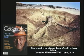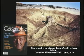Up in Canada, this is Canadian National Geographic, shows the Fall 99 edition from Creation Illustrated is where the picture came from, but it shows a petrified, not even petrified, sometimes just preserved, fossilized, preserved redwood tree stumps. Huge redwood trees were growing on Axel Island. Now, Axel Island is real close to the North Pole. Redwood trees don't grow very many places in the world. Okay, I think California and maybe Southern Oregon is the only place where they grow, where they're found still alive,